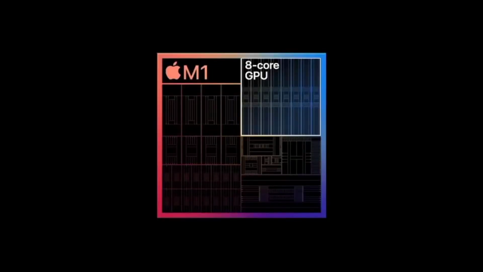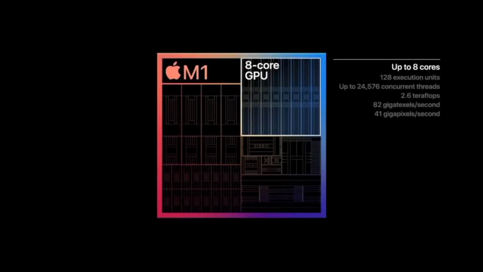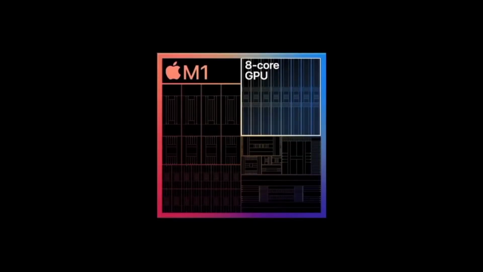There are a total of 128 execution units and it can support a maximum of up to 8 GB of GPU memory. There is a 16-core neural engine on this SoC. Not only that, but there are also two variants of this chipset. One is with a 7-core graphics processing unit that you will find on the MacBook Air version, and there is an 8-core version that is for the Mac Mini and the MacBook Pro 13-inch. Both the 13-inch MacBook Pro and Mac Mini have 8-core graphics designed by Apple itself.